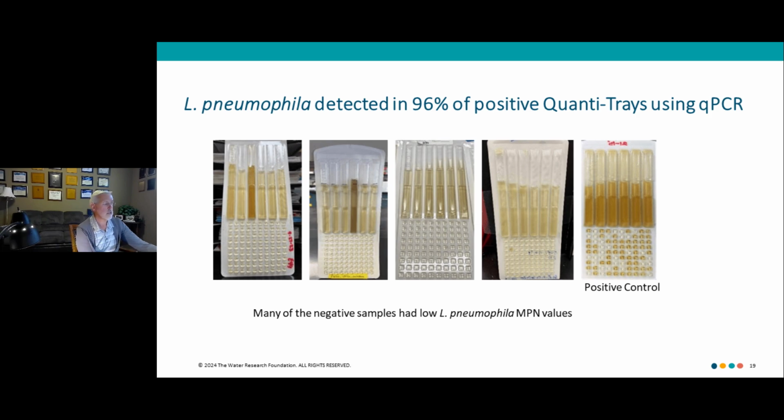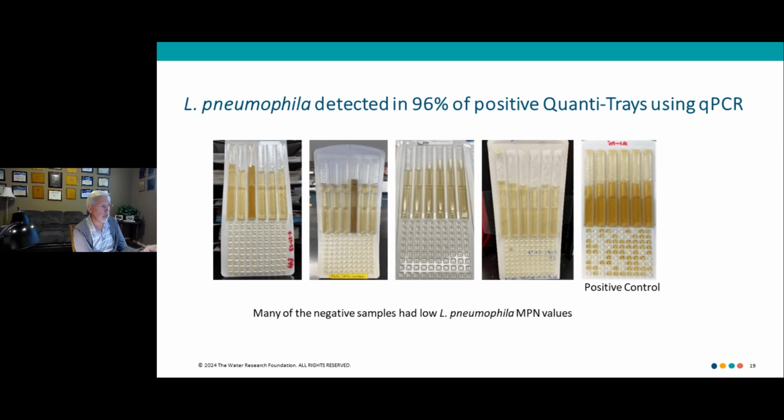And just to show you here, pictures of 4 trays that did not have Legionella pneumophila detected. On the very right-hand side is a positive control. You can see that brown colored reaction. We had 2 immediately next to that with a light colored reaction. Our experience is that this is probably not enough color to be positive, but we had the utilities send them, and we didn't detect Legionella pneumophila in them.